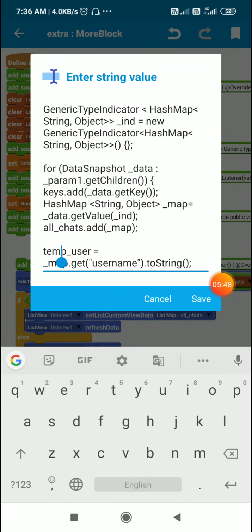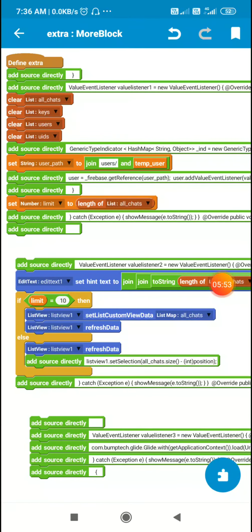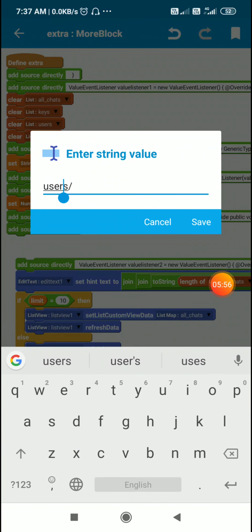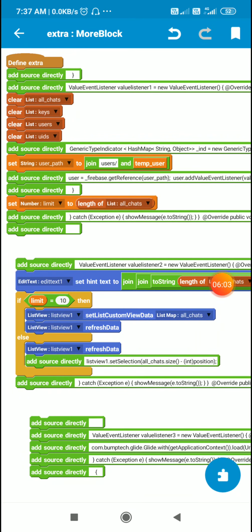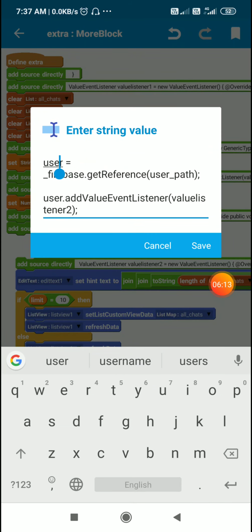So that is the temporary user. Now I set the string user underscore path to users, which is the path of the Firebase DB component user, slash temporary user. This will be the UID of the user. So I set it as the user path and I make a reference to it. This Firebase DB component user is equal to underscore Firebase dot get reference user underscore path, and then I add value event listener to it, value listener 2.